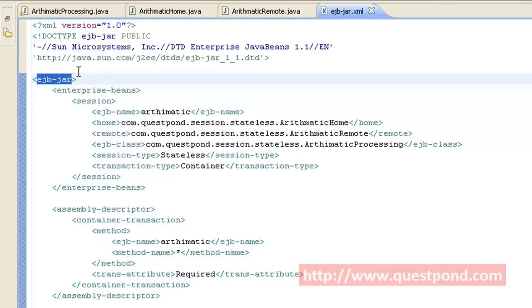Following this is an assembly descriptor, which is an optional attribute which contains a tag known as container transaction, within which we specify what all methods we want to expose further. Here we indicate we are going to expose all the methods which are present within arithmetic EJB, and we put the transaction attribute as required.